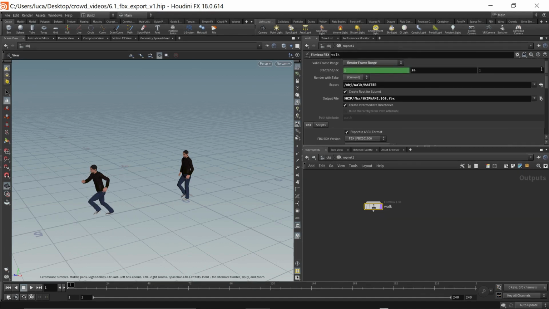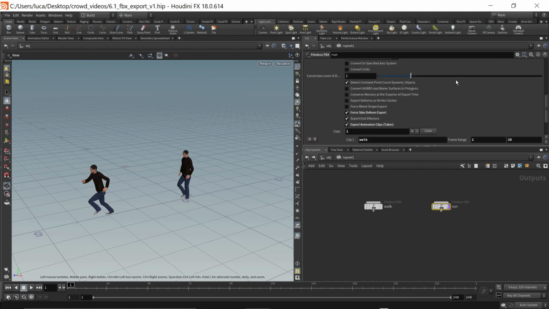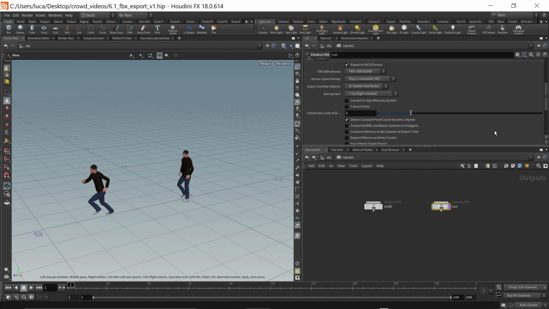Okay, so I'm going to copy this, so Alt and drag, rename this to run, and we should be in good shape. Okay, so we have these two nodes. I could just come up here and hit save to disk, and I could cache these guys out to disk. Oh, I forgot something. The run cycle is not 26 frames, it's only 17 frames. And we have to write this out manually, both of these parms. Okay,